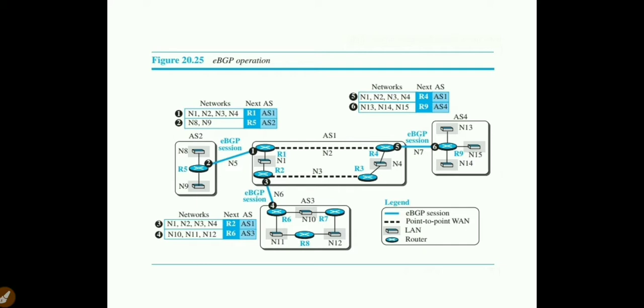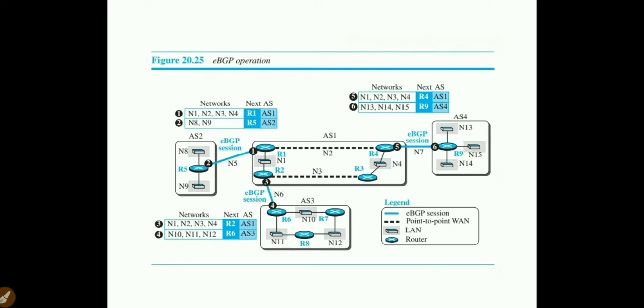In the same way, go to sessions 3 and 4. Message 3 is sent by the R2 router. R2 is a border router. Whatever R2 knows about the networks N1, N2, N3 and N4 available in autonomous system 1 is the message sent by R2. That is message number 3. For the next message, R2 wants to communicate with R6.